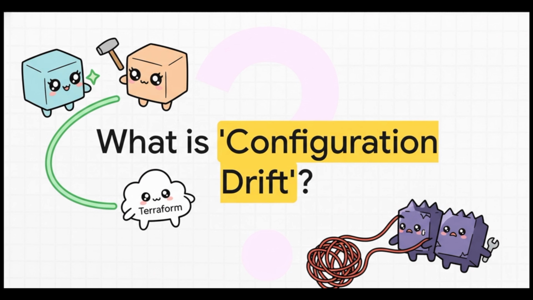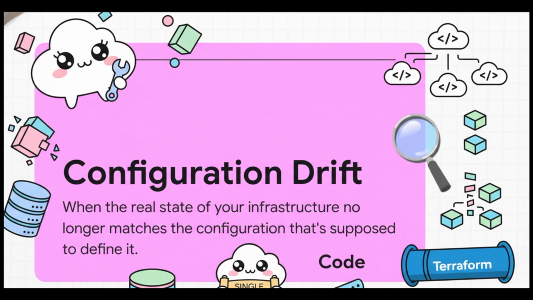And that intelligent change management helps us solve a very common and very dangerous problem in the world of operations. And that problem is called configuration drift. Configuration drift is that scary thing that happens when someone goes and makes a manual change directly on the cloud dashboard. Suddenly, what's actually running in the real world doesn't match the code that's supposed to be defining it. By making sure all changes go through that Terraform pipeline, you pretty much eliminate this risk. Your code becomes the single source of